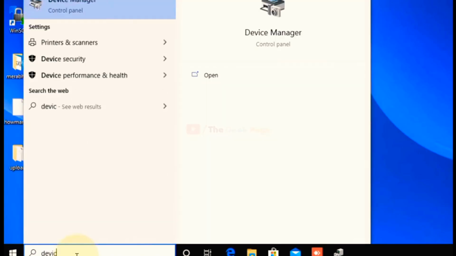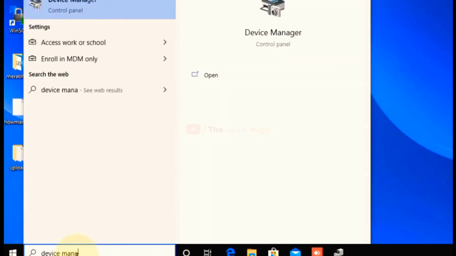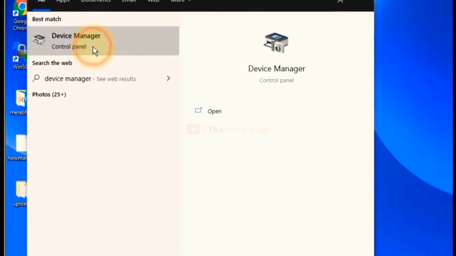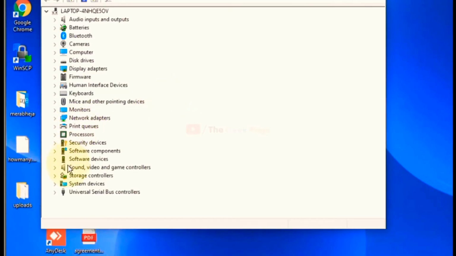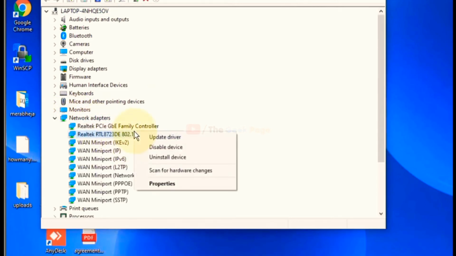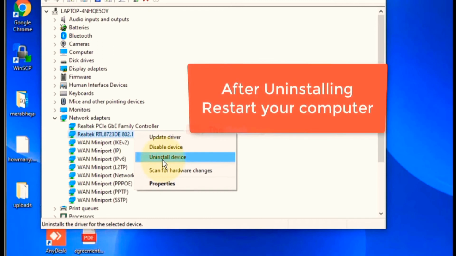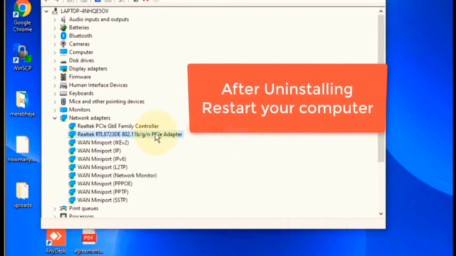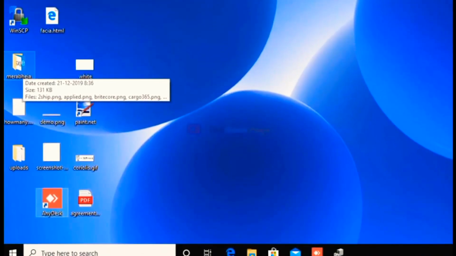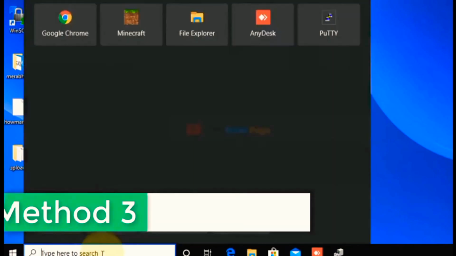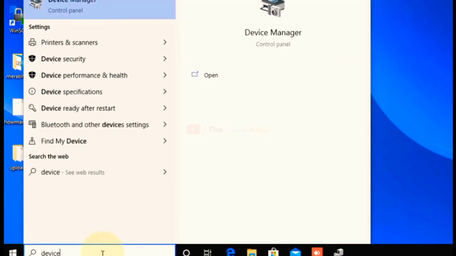If it still doesn't work, what you need to do is to just go to the device manager again. Now expand network adapters and now right click and choose uninstall device for your Wi-Fi adapter. What you need to do